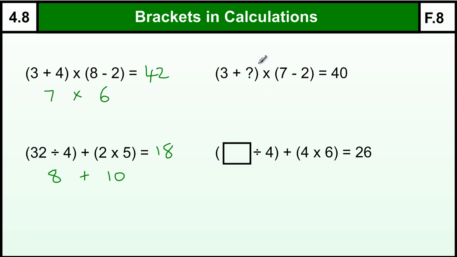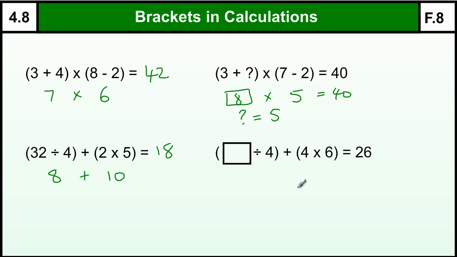And the third one here, this one's got a missing number inside the bracket, so what we've got to do here is work out what we can before we start. So I don't know anything about this part, it's 3 plus something. This is 7 minus 2, which is 5, so I've got something, which is the whole bracket, times 5 is 40. So this whole bracket is 8. But the bracket inside is 3 plus something, and that 3 plus something must make 8. So the something must be 5, because 5 plus 3 is 8,